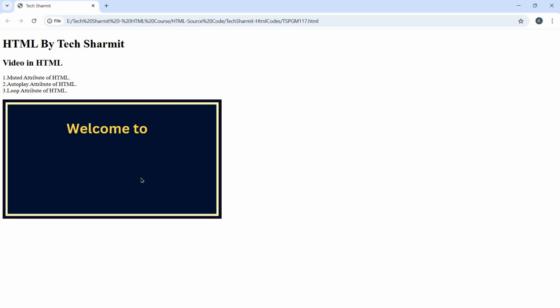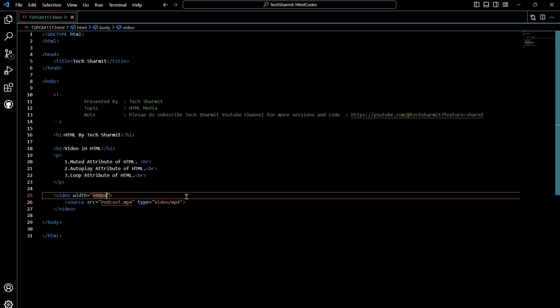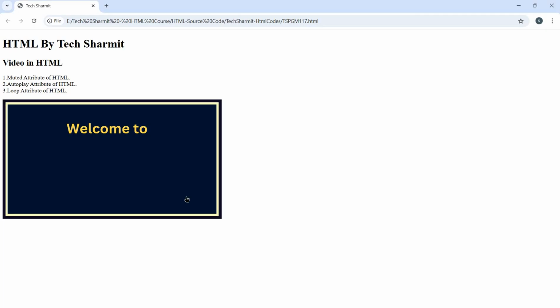Yes, it is video. Those who covered the last session know how we can enable this, but still I'll tell you: to enable all those control options, we will use controls here. This is again an important attribute which we covered already, right? Alright, so now we have a basic video where we can apply all three attributes, which is muted,